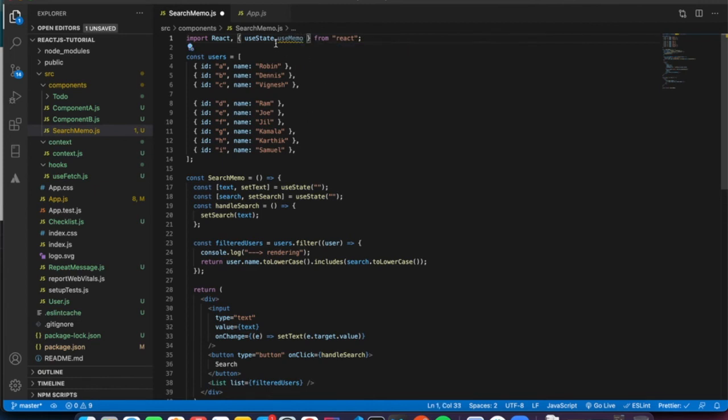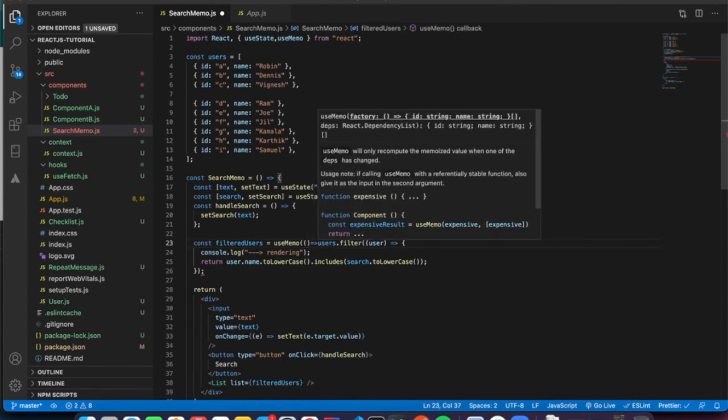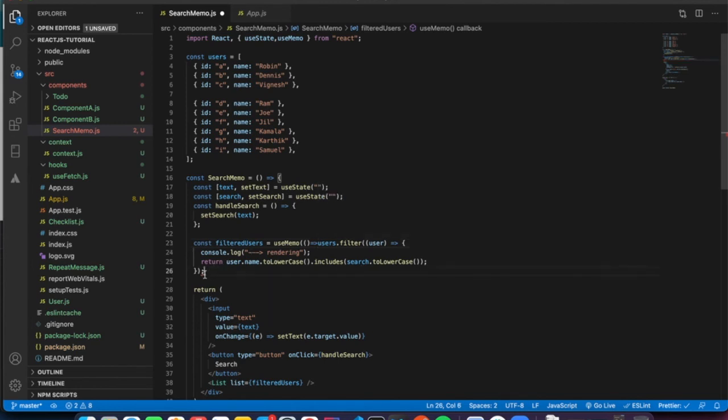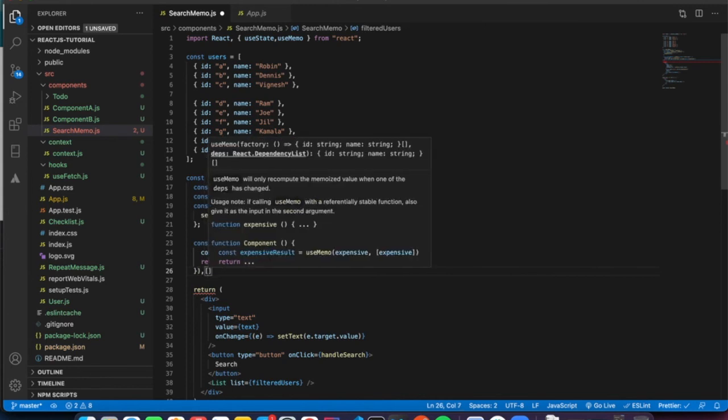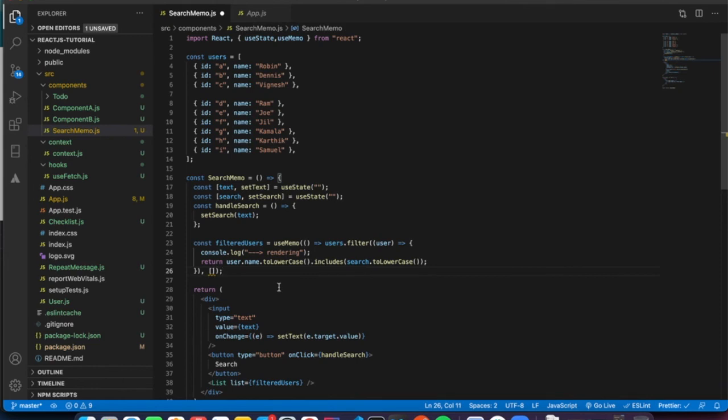Now this useMemo hook is imported from the React library. Then we are going to enclose this particular function within the useMemo hook. It will take in a function, which returns this, and it will take an array of dependencies for which you have to execute this.